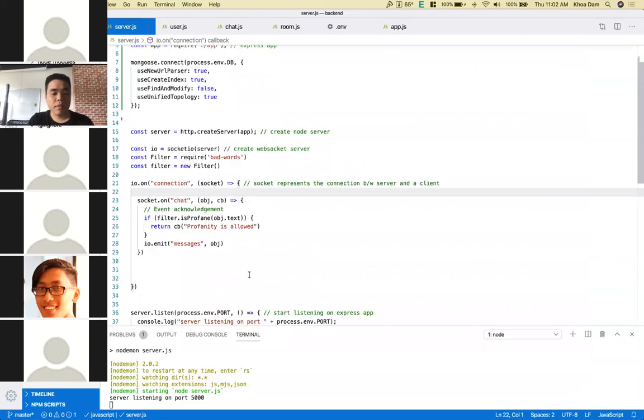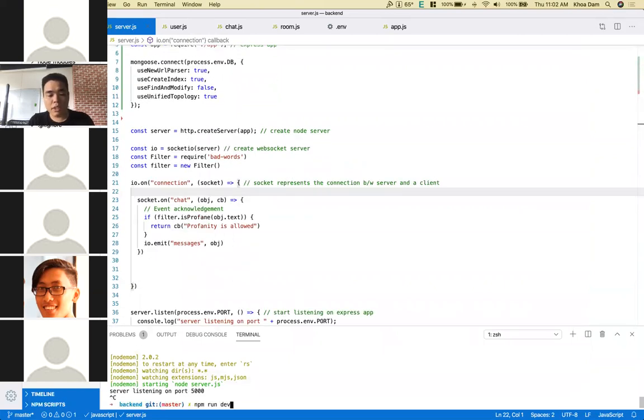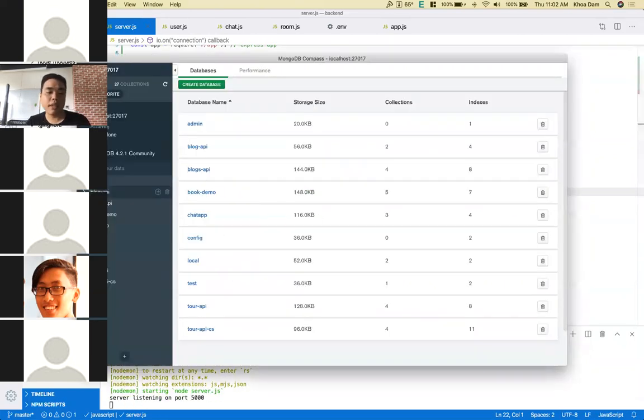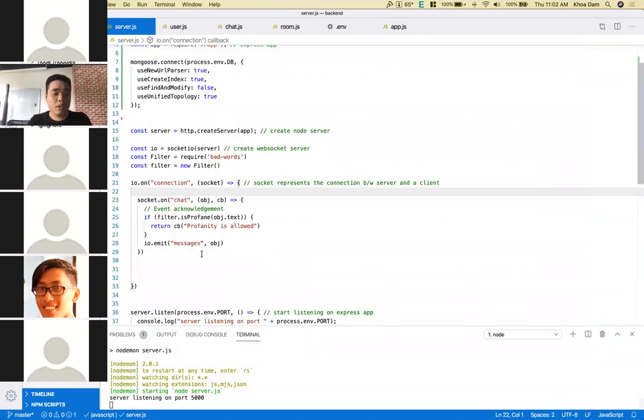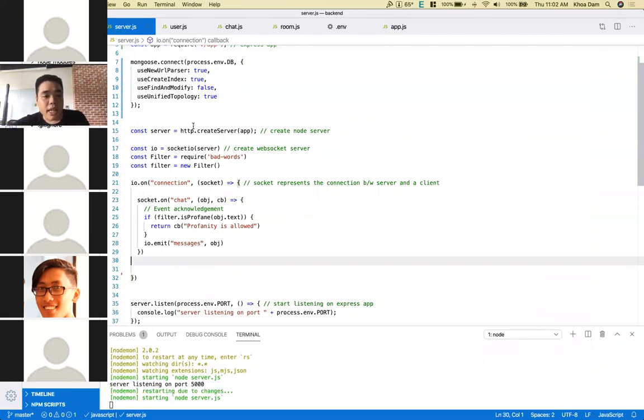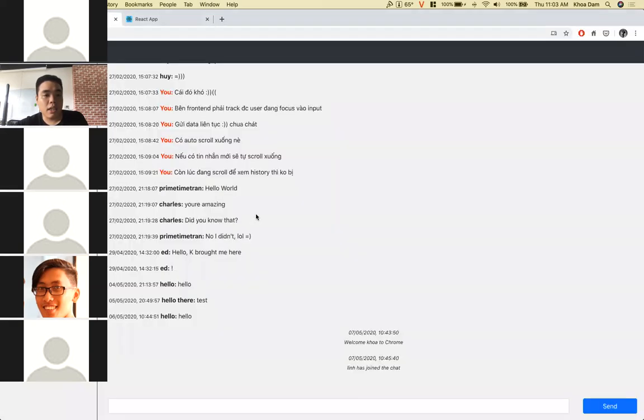Okay. So now when you run the server, you will not see anything yet. You will not see any database yet because you haven't written any data into your database, and Mongo is smart enough not to create a database for you. Then you have to test. I'm going to create a list of the rooms. For example, let's take a look at this example here. I'm going to create the list of the rooms first, right? Predefine the rooms,